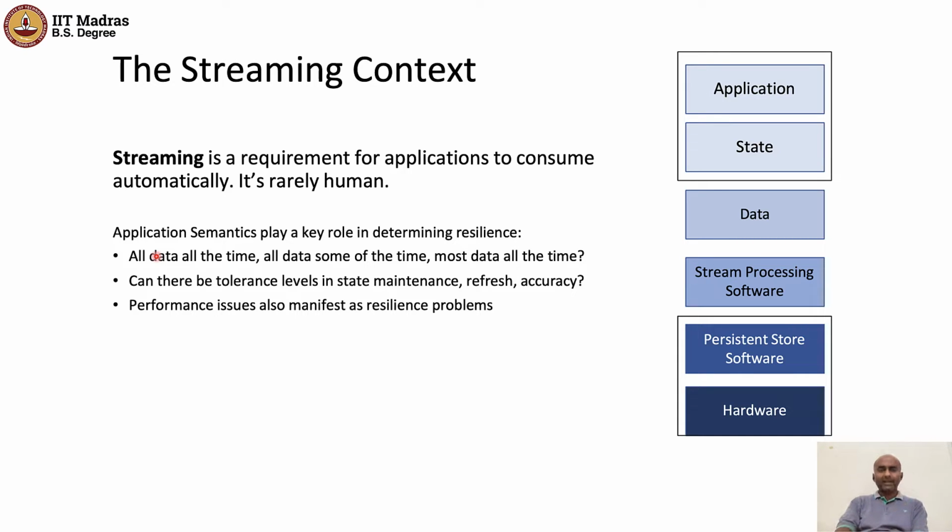So application semantics plays a key role in determining the resilience. Here the resilience comes down to the question of how do I deal with changes to the tickets column. So what that means is